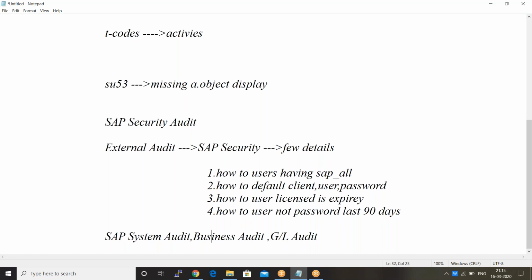These are the three kinds of audits. As a security consultant, I am majorly involved in the system audit only, because you maintain the system: how many clients, how many users, what kind of changes are done for a user. You are the responsible person for giving a report from there.